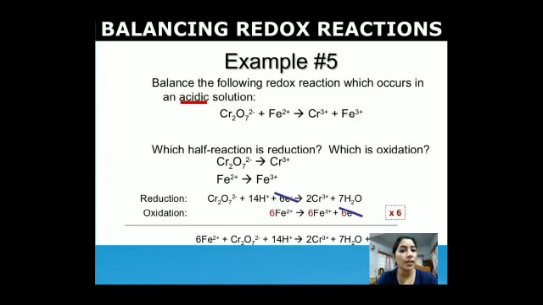First, Cr2O7 2- is converted to Cr3+. Now tell me, is this oxidation or reduction? Removal of oxygen is reduction. In the ferrous case, iron 2+ ion is converted to Fe3+ ion, meaning ferrous is converting to ferric. This is oxidation. Then write down the full reaction in two steps: one is the reduction reaction, the second is the oxidation reaction. Then balance the oxygen number, balance the hydrogen number, then add together.